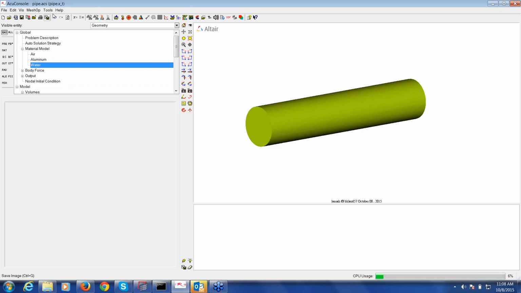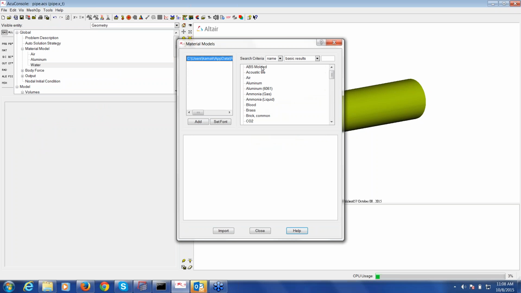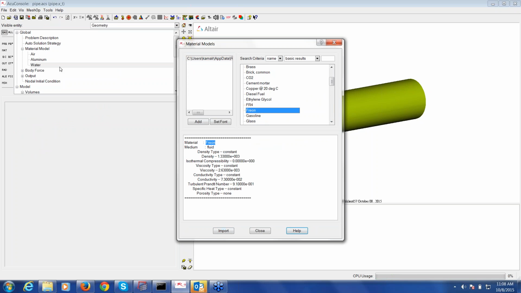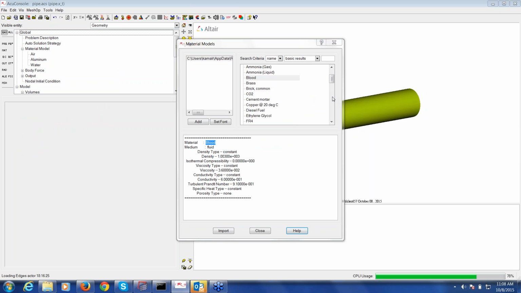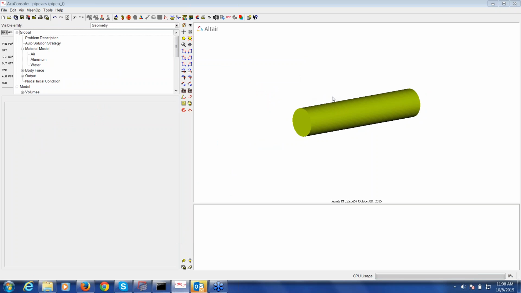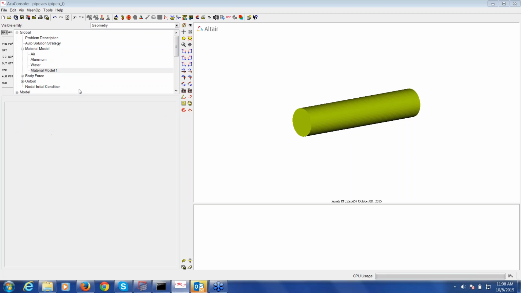If you want something else other than this, you can go to tools, material models. Okay, so if you go to tools, material models, you have a library of materials. So you can just click and say import, and it will be reflected over your material model. So you have lots and lots of materials here, and if you want a particular material that even the material model library doesn't have, you can create your own material model. Right click, say new material model, you can rename it, you can give your own properties, and you can assign it to your respective volume. Okay,